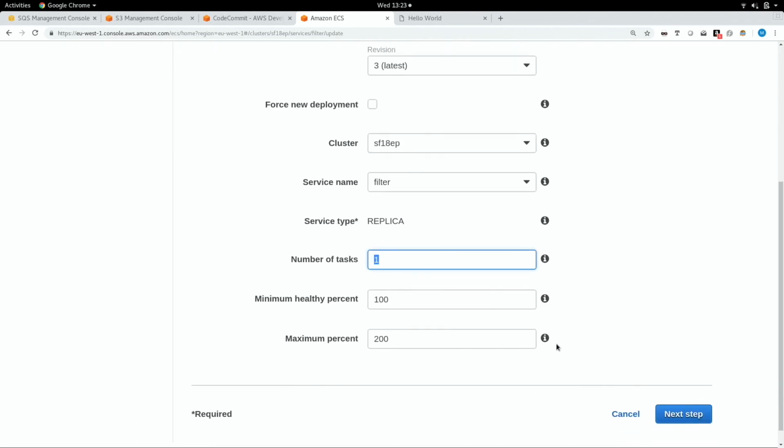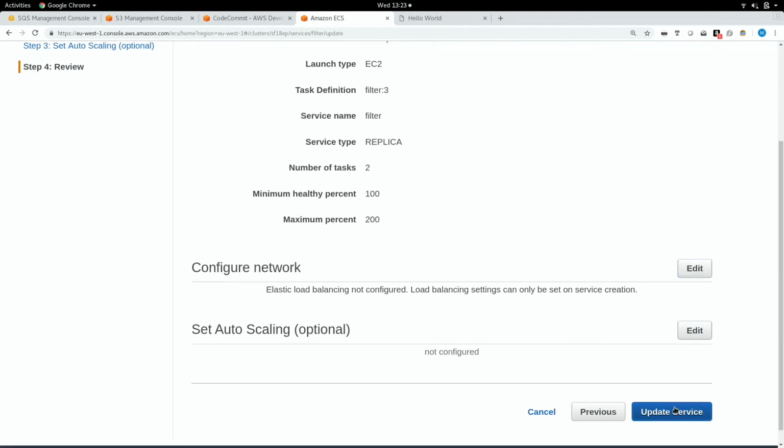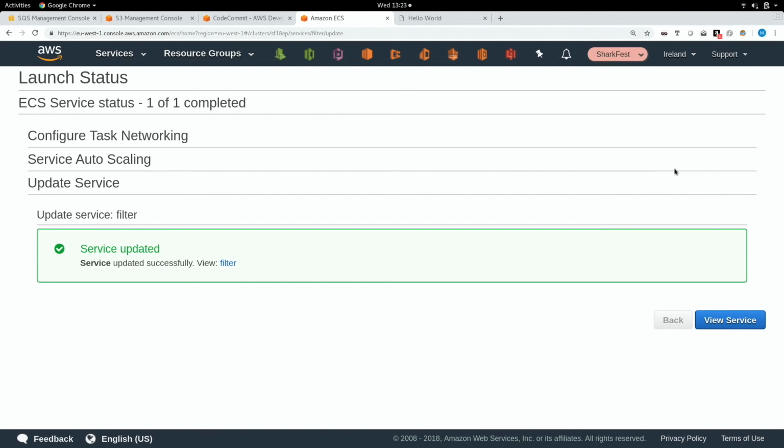filtering tasks. I'm going to increase it to 2. It may moan at me because I haven't got enough storage, but it doesn't matter. Not storage, I haven't got enough CPU. But the point is, I can scale that to 10,000 if I wanted, and I could process it. If that's how many I needed to process the data rate coming in, that's how many I can do. And that's how quick and easy it is to parallelize processing and analyzing of data if you're using and really taking advantage of the cloud-type model.